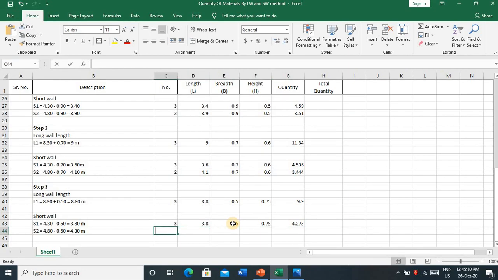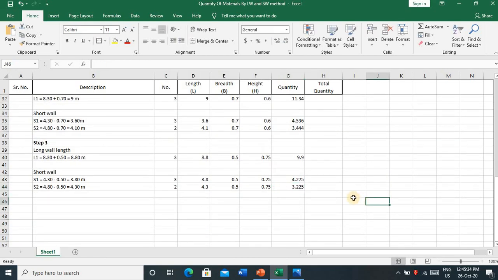Again, total numbers are 2, length is 4.30, breadth is 0.5, height is 0.75, and the total quantity is 3.225. Okay,